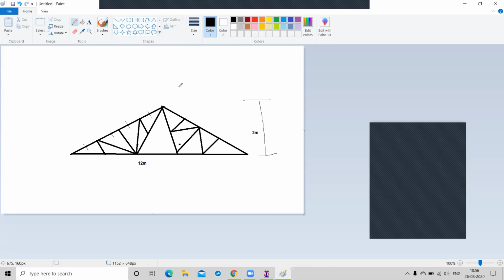So can you tell me what is the length of this? Can you able to find? No, sir.